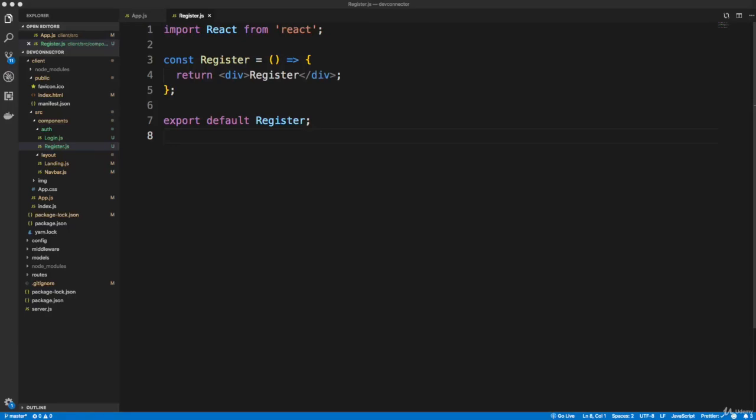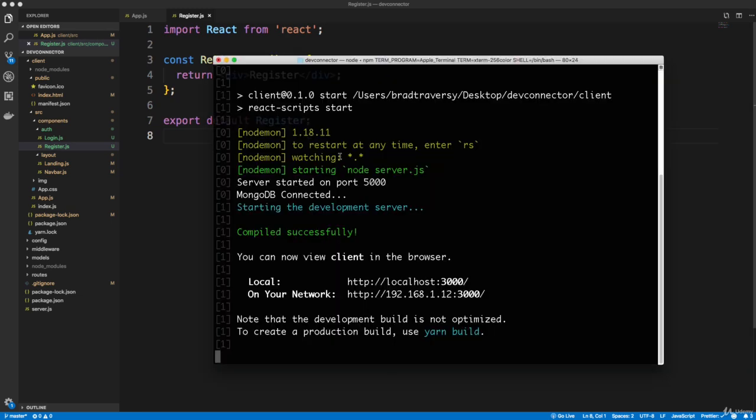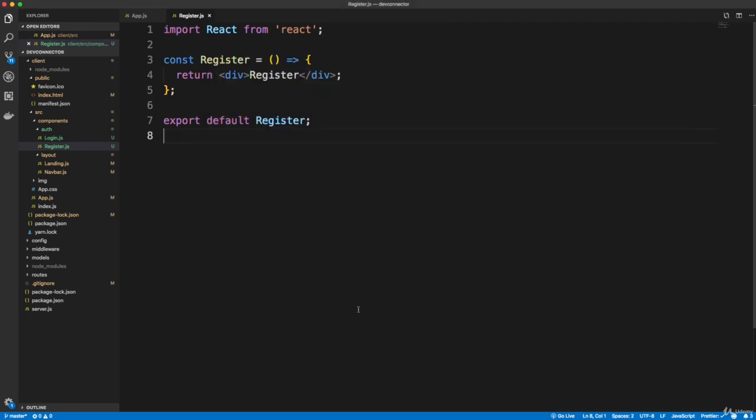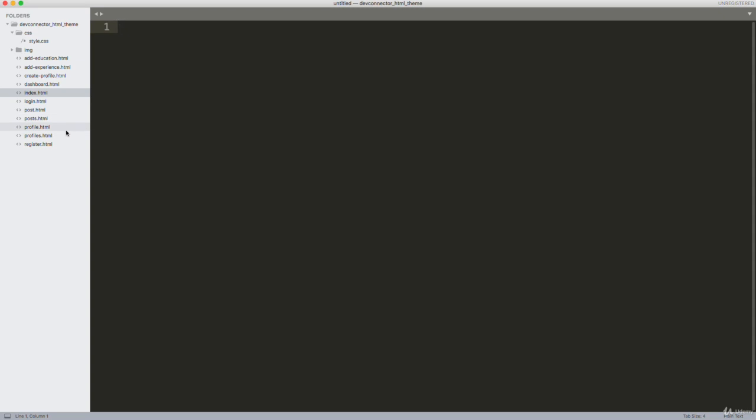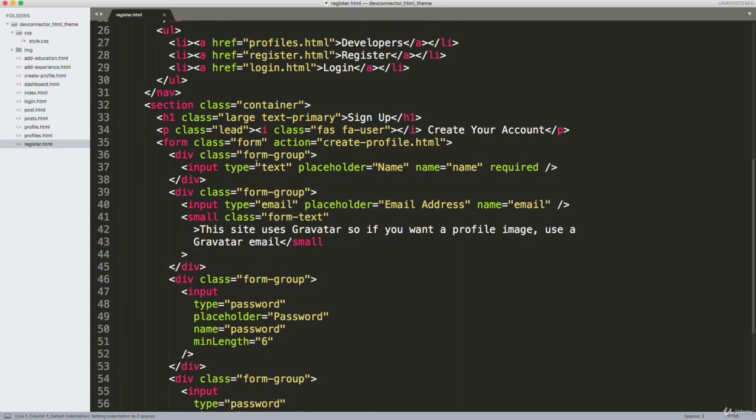Alright guys, so now I want to start to create our register form in our component. And one thing I've done is I'm running my npm run dev within my regular terminal just to clear up some room down here in the integrated terminal because we don't really need to do much else within it for now. So I'm going to go to my theme here and we want to go to register.html and just grab